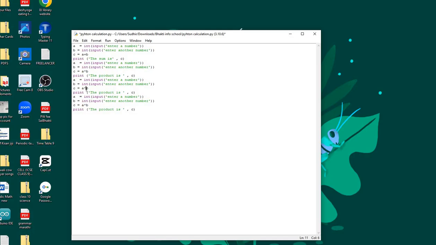Now here you can write modulus. You know what is modulus? Modulus is having the percentage sign, which means it gives the remainder. Therefore the remainder